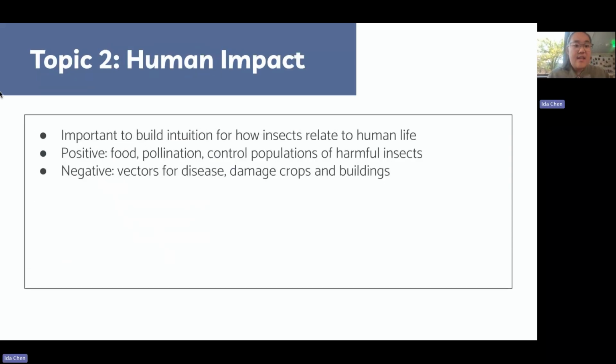And a second thing that I think might be overlooked in this event is the human impact part, because it seems to focus a lot on anatomy and environment. But from what I can tell, or from what people have said in the past, a significant portion of the test could also go to